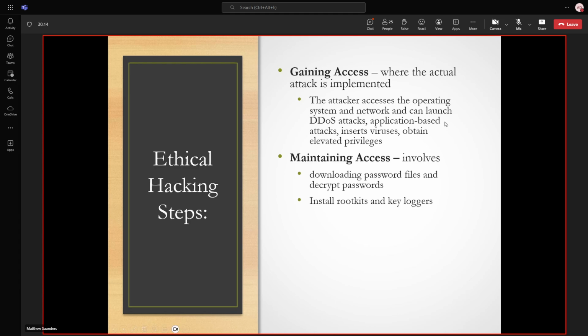So here, once you figure out what services are running, you figure out what patch level they're at, things like that, then you can make an evaluation about where you want to attack. Now, if you're doing it very carefully, you're actually going to research all of these, figure out what seems like a sure bet or a good bet, and then try those. Not just throwing stuff against the wall to see what sticks.